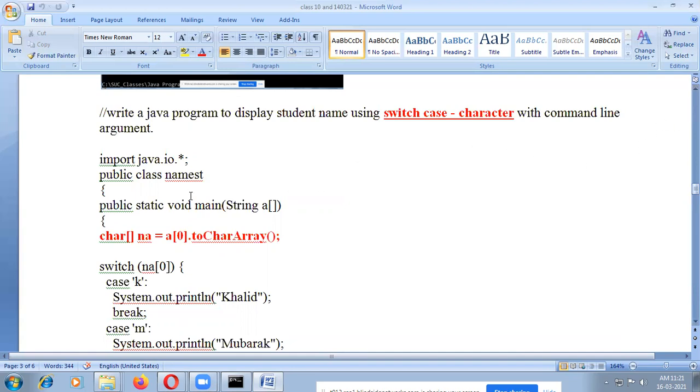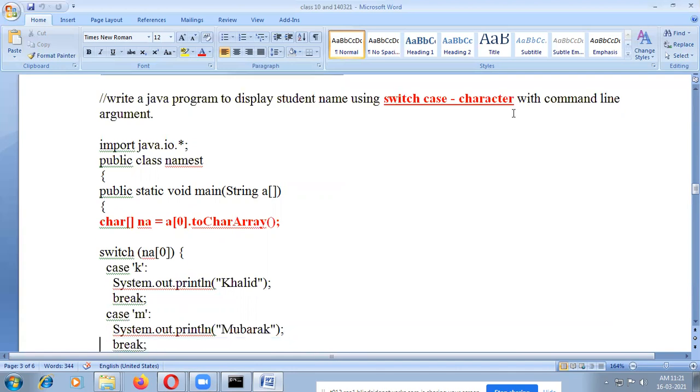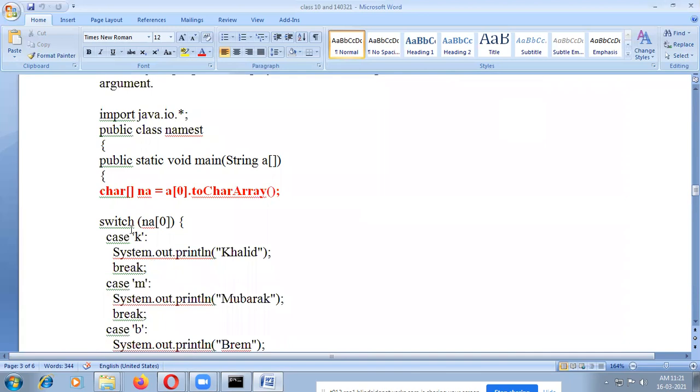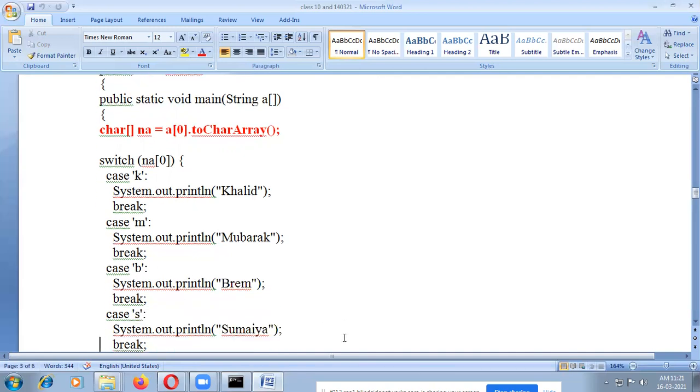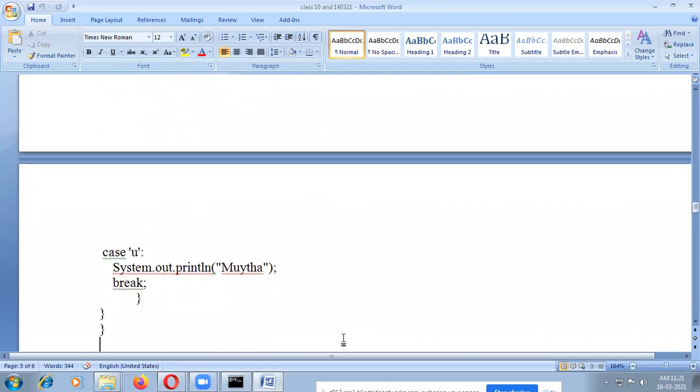So what is needed here? Here you have public static void main with the command line argument. We need to extract the switch case character. This is another advancement of the Java program. If you press K, small letter, Khalid will print. M small letter, Mubarak will print. B small letter, Brahim will print. This is the character array.